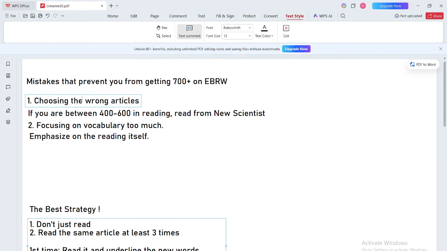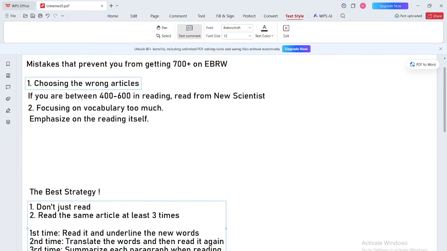Now, guys, the mistakes were choosing the wrong articles, focusing on vocabulary too much. Also, just learn the vocabulary, but do not memorize it sitting in there for 3 hours. Read the article 3 times, and in that time, I think most of you already have, you will have memorized the words that you translated in the second time or in the first time while reading. Basically, if you read it 3 times, you will most likely memorize those words. You don't have to even worry about that. Now we have gone through two mistakes and the best strategy I have ever seen, right?